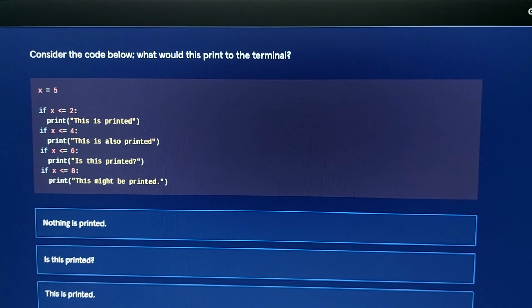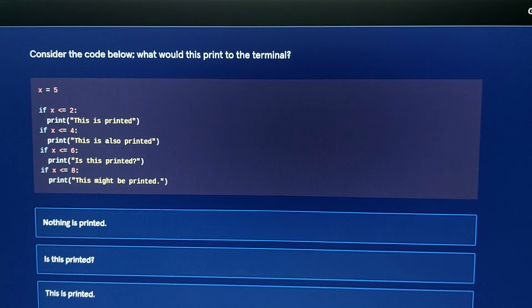Consider the code below. What would be printed to the terminal? We've got x equals 5. And then, okay, below this, we've got a bunch of if statements. They're not else statements. They're not elif statements. So they're all just separate if statements. So the first one is x is less than or equal to 2, which it's not. So we can ignore that one because it's 5. X is 5. The second one, x is less than or equal to 4. Again, we can just ignore that one. The third one is x is less than or equal to 6, which is true, which means it's going to